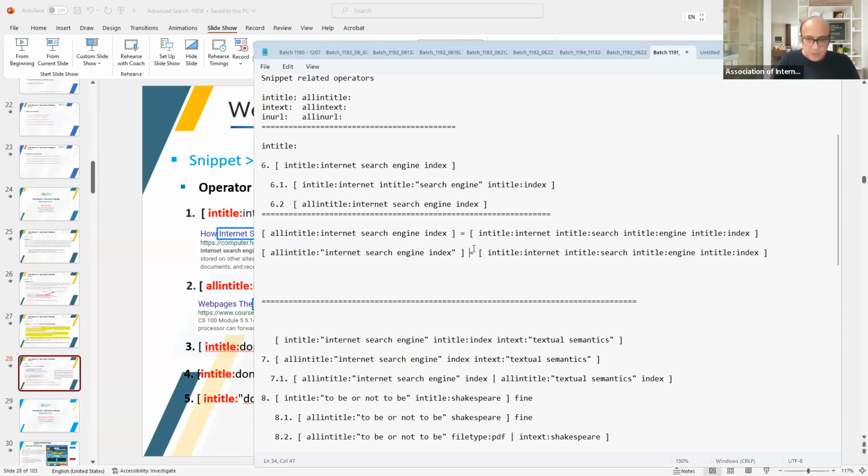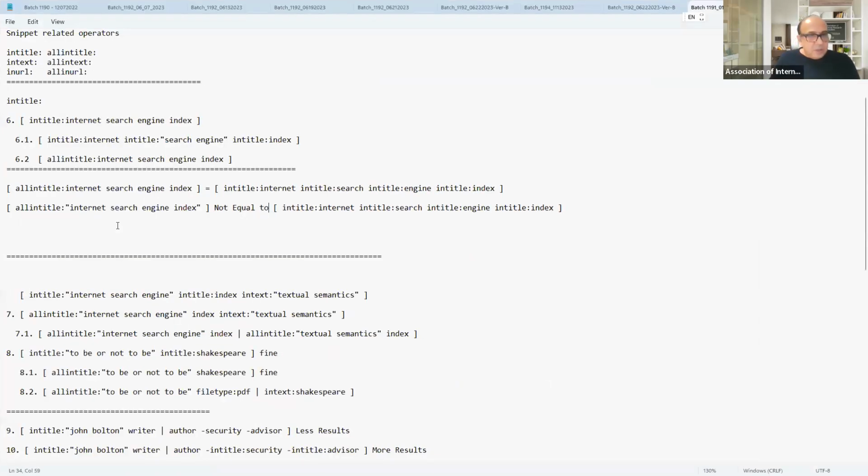I don't know how to say not equal to. Okay, so let's call it A and B. So in B, you will notice that as soon as I put this term within quotation marks, it is no longer equal to putting in title four times in one search query. Okay. Why? Because